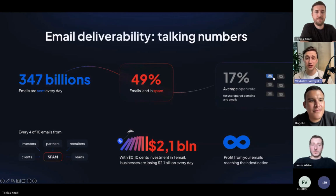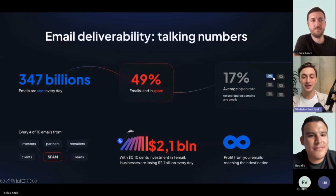And as a result, they're filtering those emails according to their best practices, to their blacklist, and to all that heavy technical cybersecurity stuff in terms of DNS records, how you set up your domain. And yeah, this is the fact. Only 50% of those billions of emails reach the person. And across those 50% of emails, only like a 70% average open rate, which is ridiculous